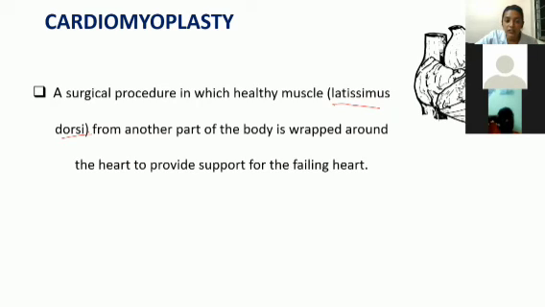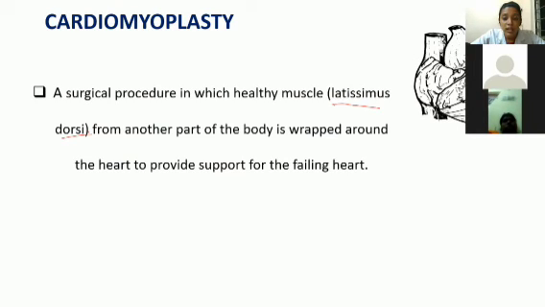In heart failure, the muscles of the heart are undergoing structural and functional abnormalities. So in cardiomyoplasty, we take latissimus dorsi muscle from another part of the body and wrap it around the heart to provide support,